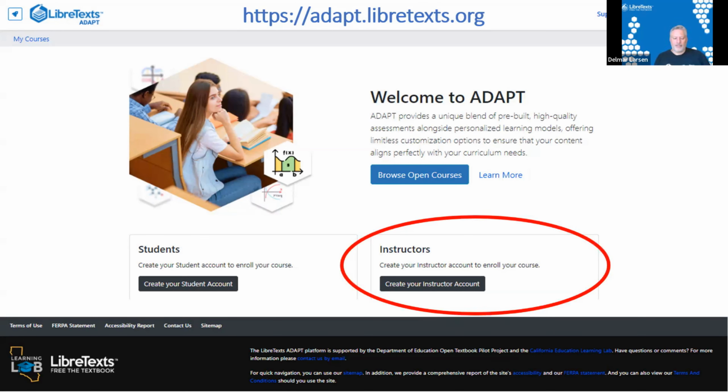So if you did not get an access code, and I see many of you have actually been conversing with Josh in the meeting room, you can go to the ADAPT website, and in the lower right-hand corner, you can create your instructor account, basically request an account, and we can go through the procedure off of that. And that applies to anybody or any faculty member, not just those of you that are in this room, but your colleagues across the board.